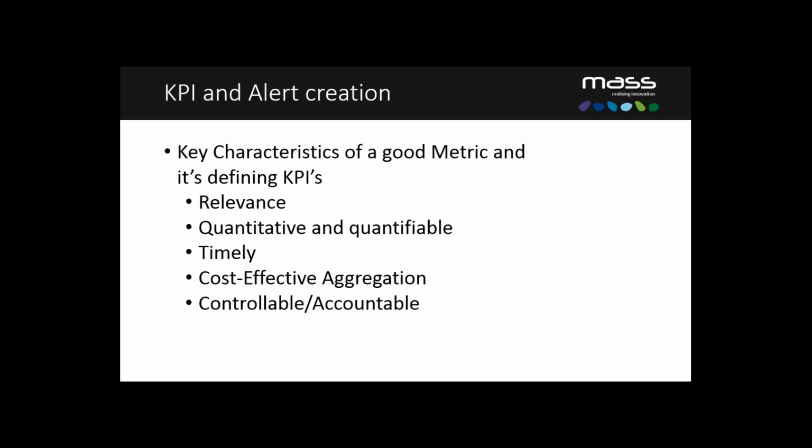Controllable, accountable. Linked to a manager or team clearly responsible for the measure's outcome, whose decisions and actions can influence that outcome. So KPIs also need to be given to a specific manager who can actually influence the end result of the data output. So do you want to show the basic craftsperson, whose job it is to go out there and fix the light that's been embedded into the wall,